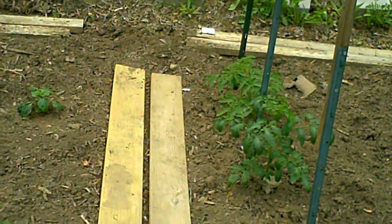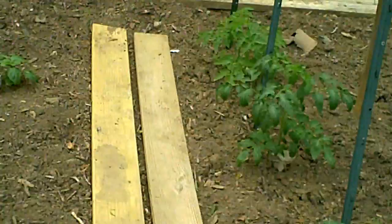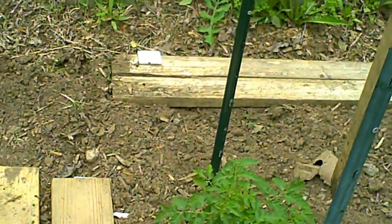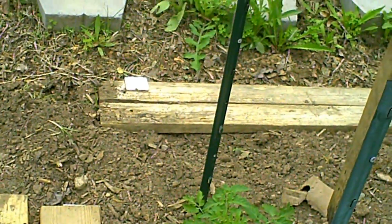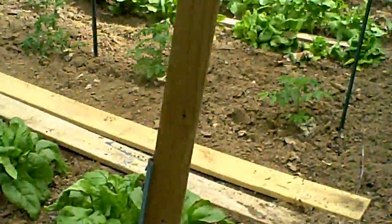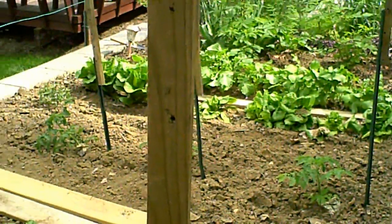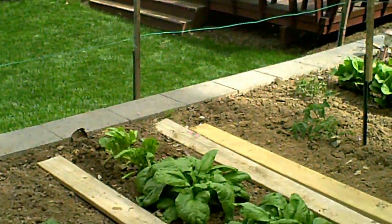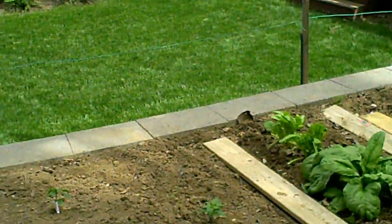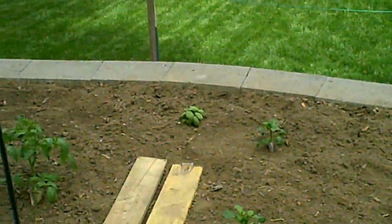Consaluto Genovese tomato. And again, it's more of a sauce tomato. And I have again 4 of those plants, although the other 3 are actually on the other side of the garden over there. Again, just for purposes of rotating, we had tomatoes in this section, and we didn't want to